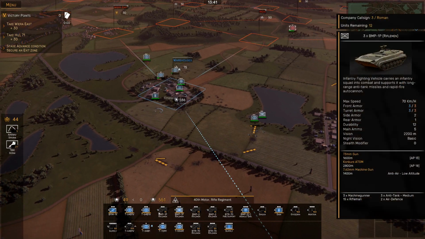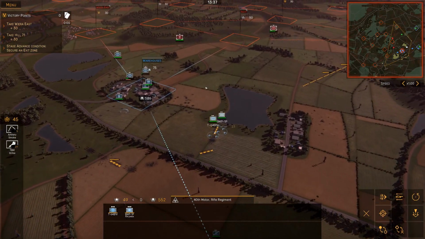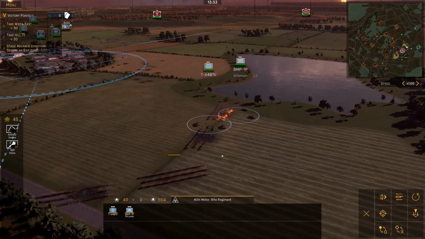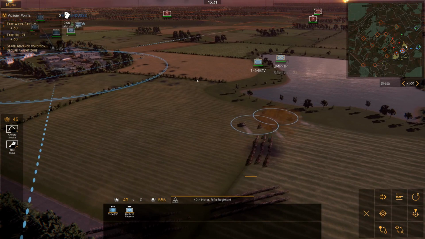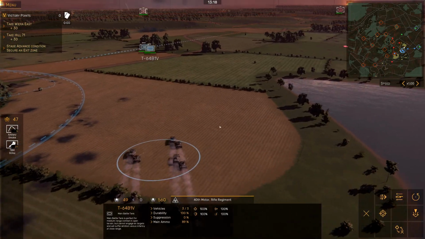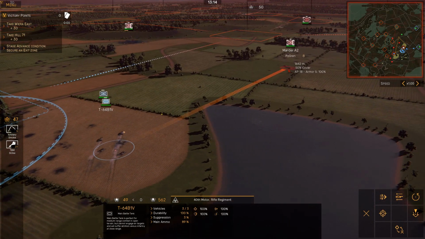Let's go ahead and push forward with him. The next time we get an option, I'm going to get some more riflemen. And let's take the existing riflemen, push them up to the woods right there, and try and hold out against the capitalists. This also allows our ally to move forward. He's trying to push up on the